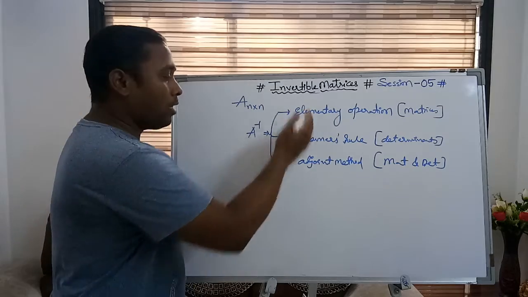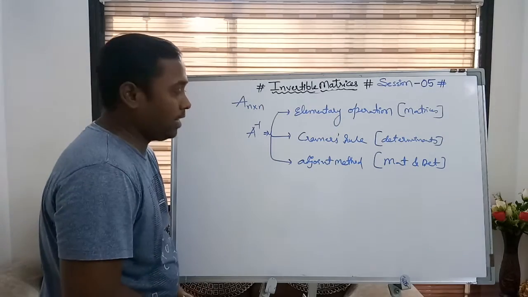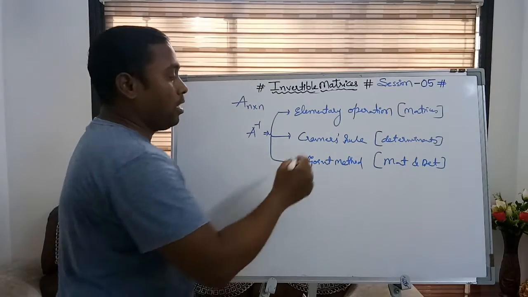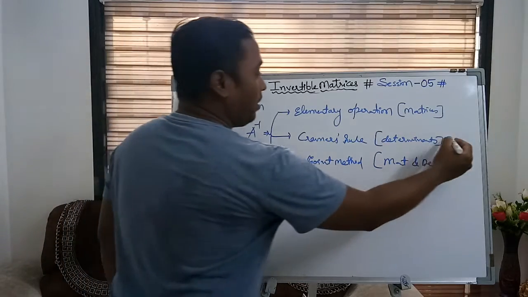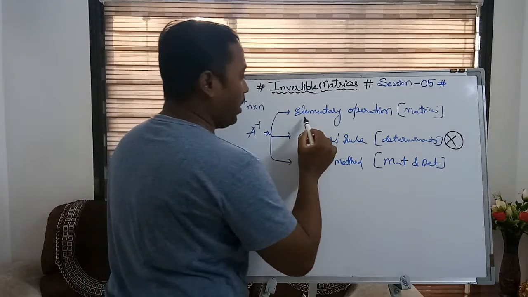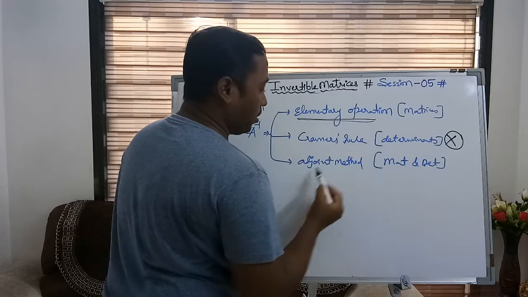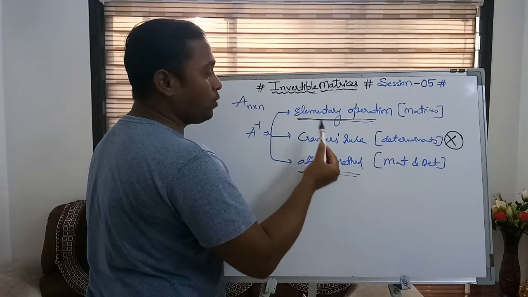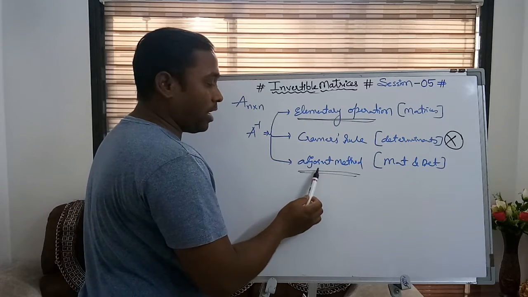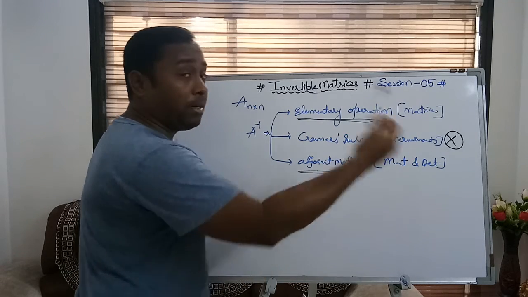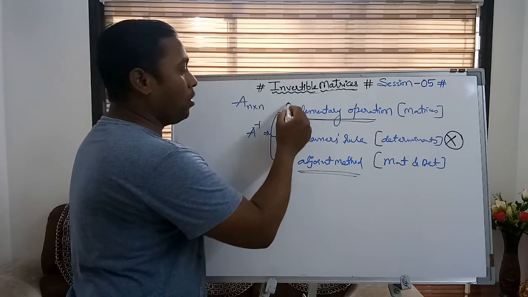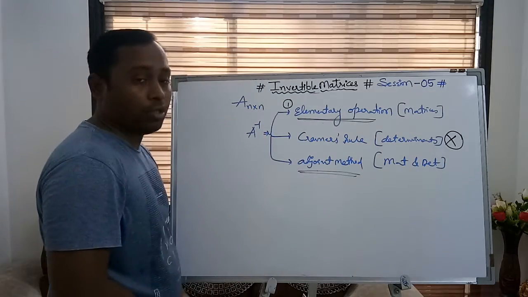Here there are three fundamental methods to find the inverse of the square matrix, but out of these three methods, this method is not there in the syllabus. Hence, we are only having two methods to find the inverse. One is being introduced in the matrices chapter, and the second, the adjoint method, is introduced in the determinant chapter, that is the next chapter. So in this chapter, we are having only one method to find the inverse,